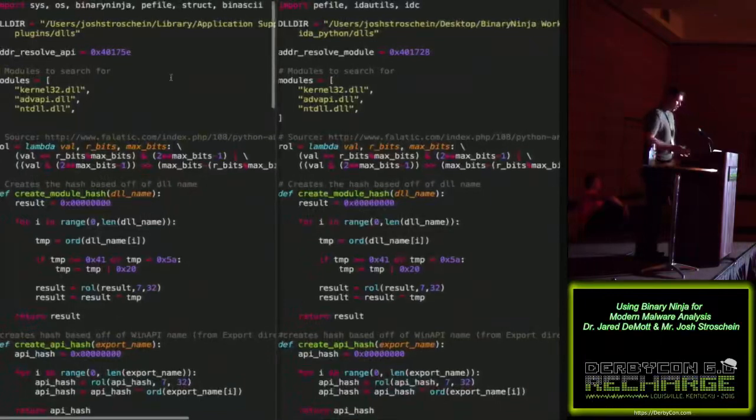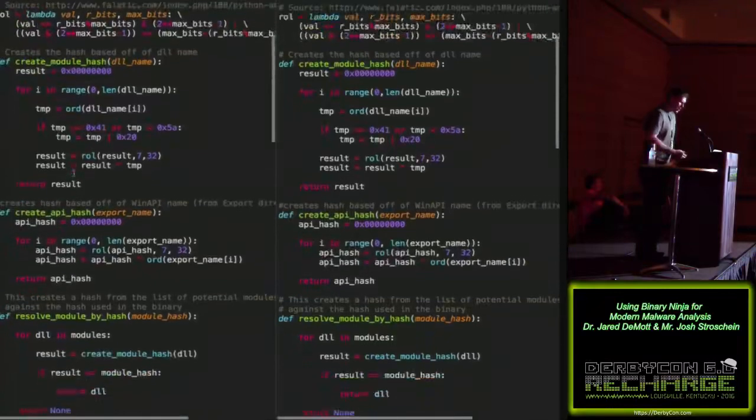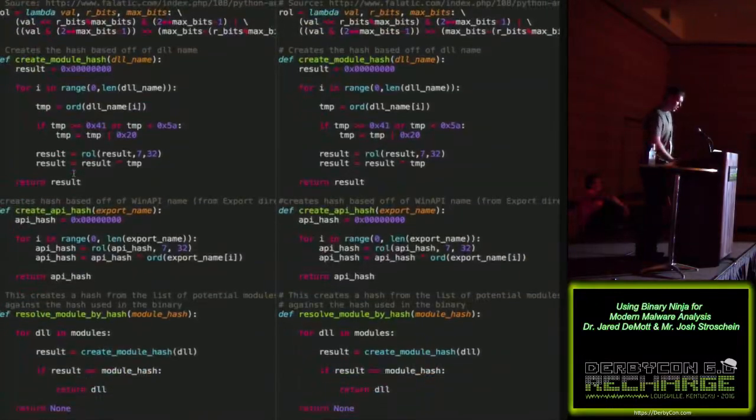Okay, so I'm going to try to compare these side by side and just point out a few things along as we go. You can see hopefully that there's quite a bit of overlap, quite a bit of similarity between the two scripts. So imports, the addresses are a little bit different, and they are different because, as I explained, I have a slightly different approach as far as determining when to trigger the functionality of my script. I had a heck of a time finding any real good bit manipulation functions, so I had to find this rotate left implementation on the internet, and I kept a source there. I have two functions to help create the module hash, create the